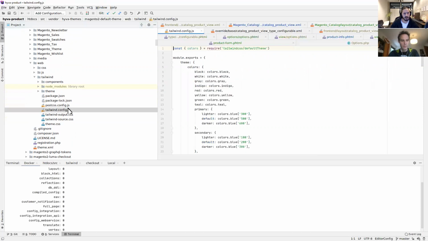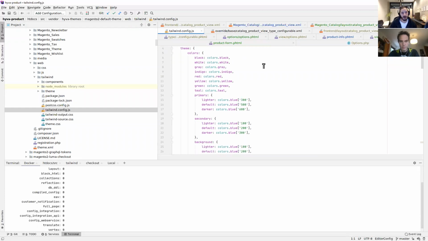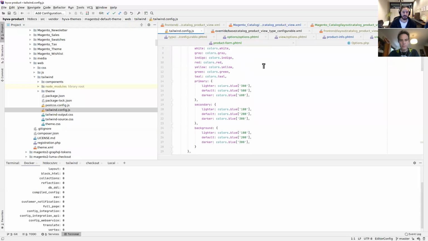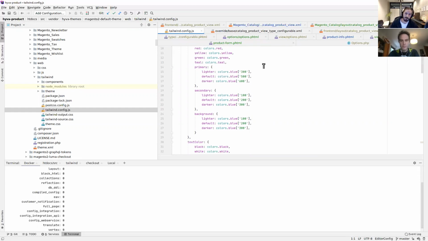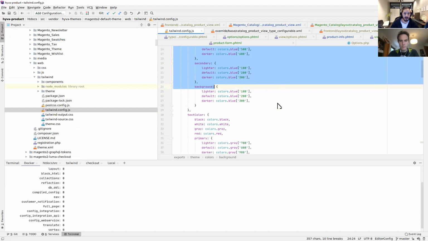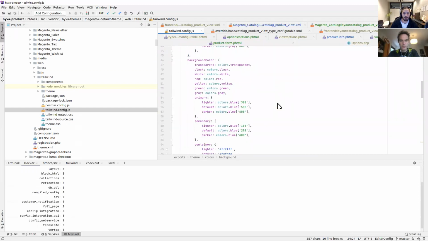You can see in our Tailwind config, which is basically your theming configuration file, where your different color schemes are defined, and it tells Tailwind which classes it should generate for your front end. And we've built the default template with a color scheme that relies heavily on a primary, secondary, and background or container